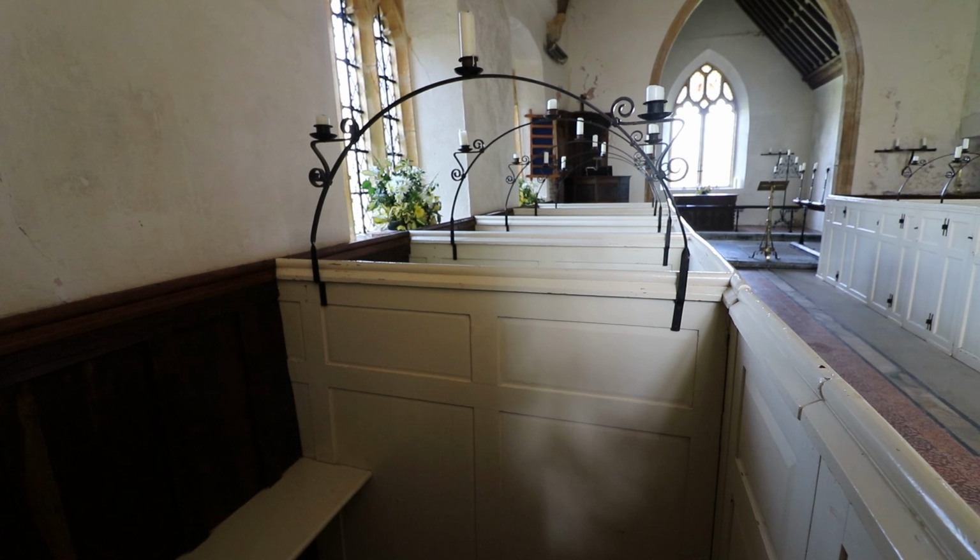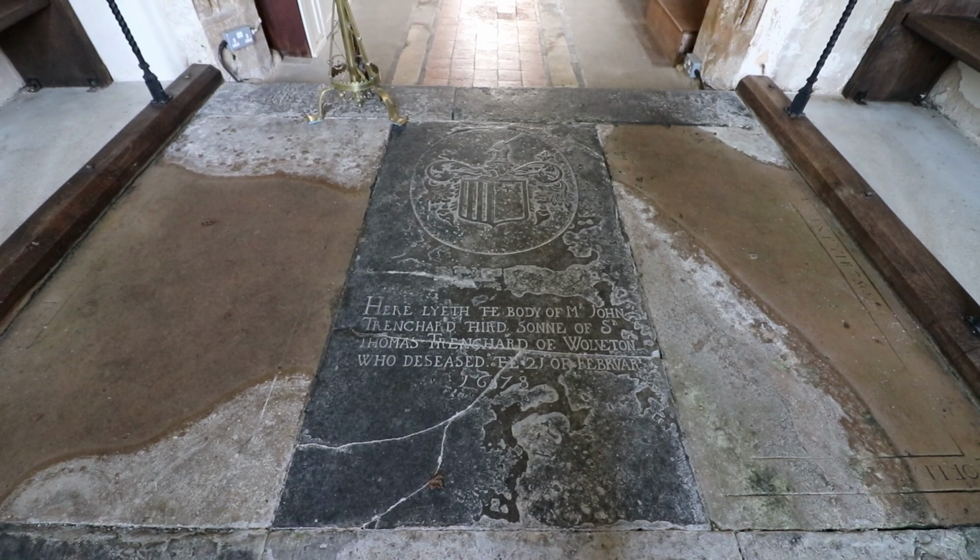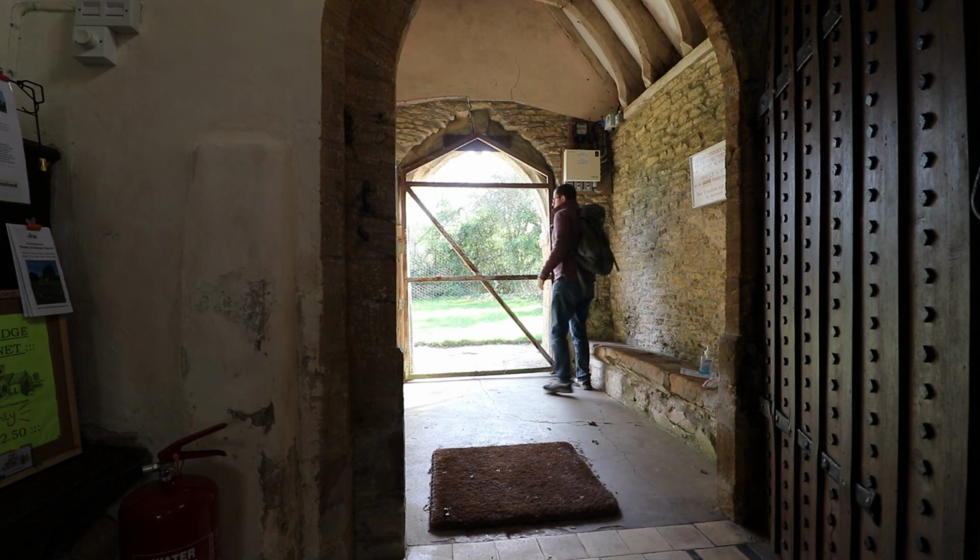This is a truly stunning church. But we're not going to be talking about that today as such. We're not talking about religion. What we want to talk about today is